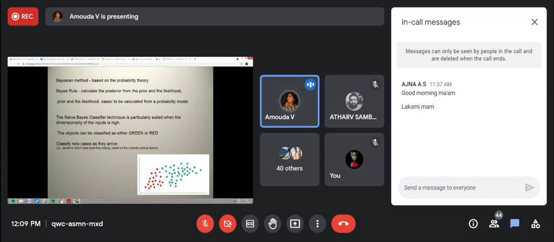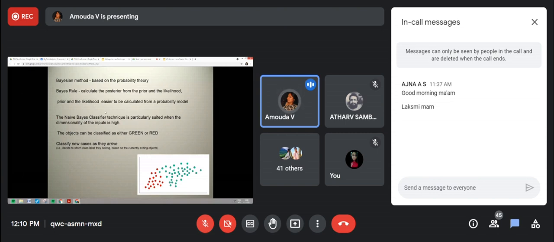Let us go for it. Based on probability theory, we are going to calculate all three: posterior, prior and likelihood, and now we'll see how we are going to calculate that. And I said this algorithm is suited when the dimensionality of input is high. So many people are using this algorithm, but it has its own disadvantage also.